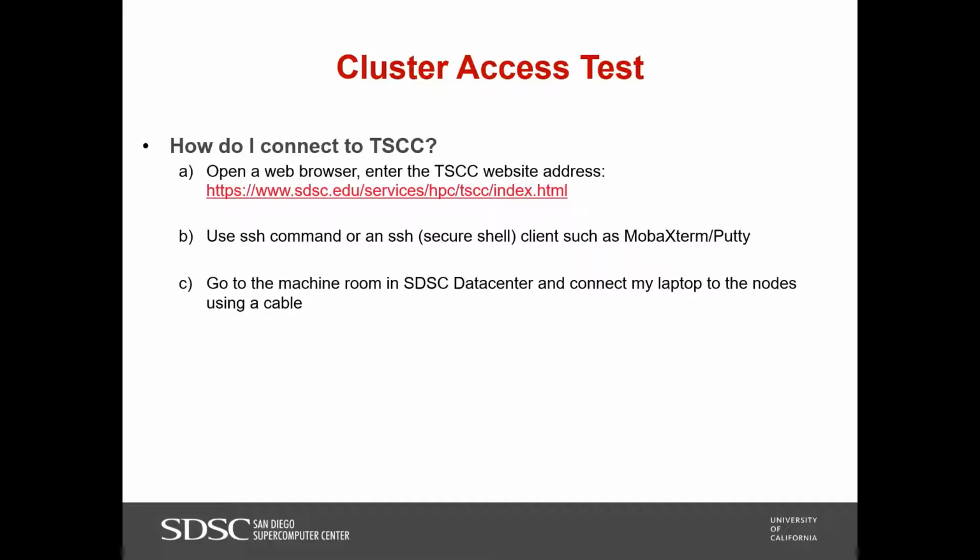And the last option, go to our data center, the machine room in our data center. No, of course not. You are not invited to do that, since we have very convenient SSH tools for the login purpose. Thank you guys for providing your answers, and I just want to make sure that we are on the same page.